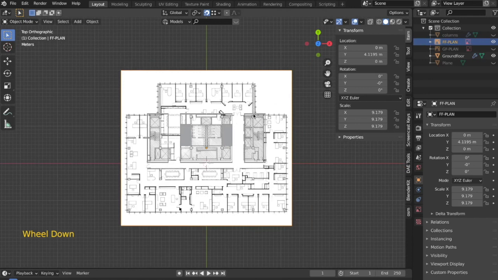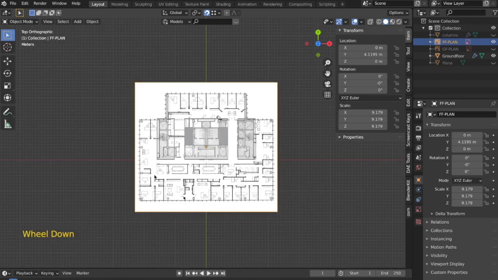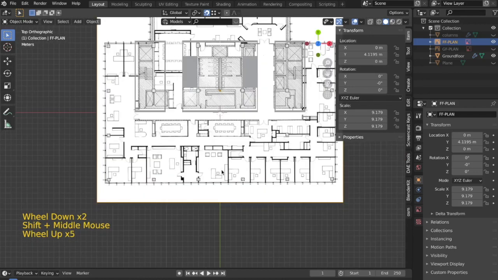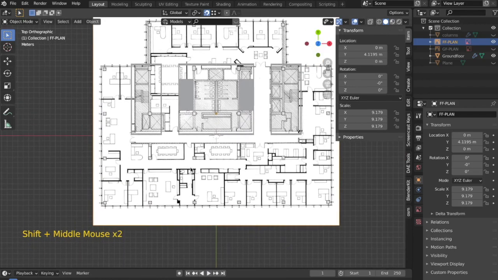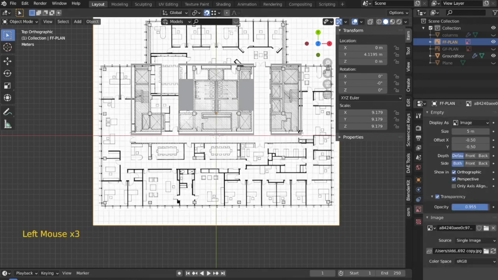Now what I mean by first floor is that it is a 38 floor building. So obviously there would be floors which could be different in internal layout, but this is the plan available, and most probably this plan would be repeated across most of the floors. So what we are going to do is only model this floor over here, and then we'll move forward and I'll show you what we are going to do next. But again I'll reduce its opacity.